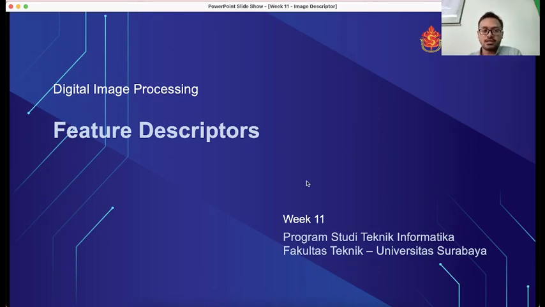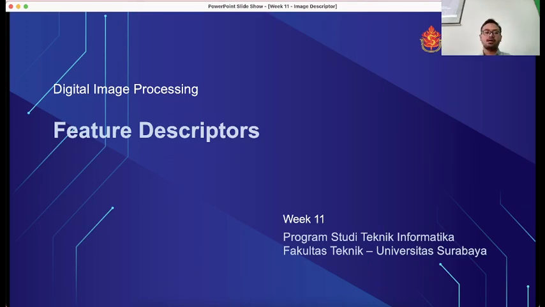So actually, in week 11, we will try to learn about feature descriptors. This is one of the most important things in digital image processing, if we want to classify an image or detect an object in an image by using a machine learning or deep learning algorithm, because they need the features.